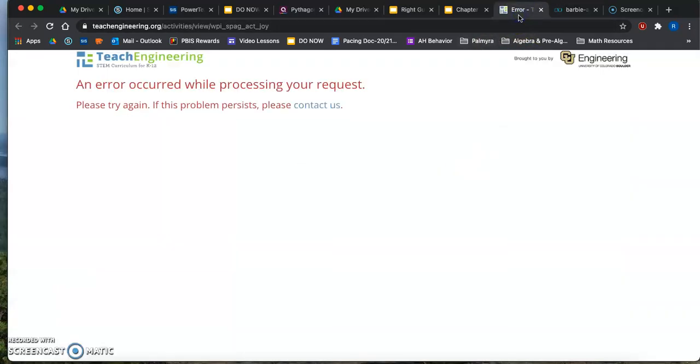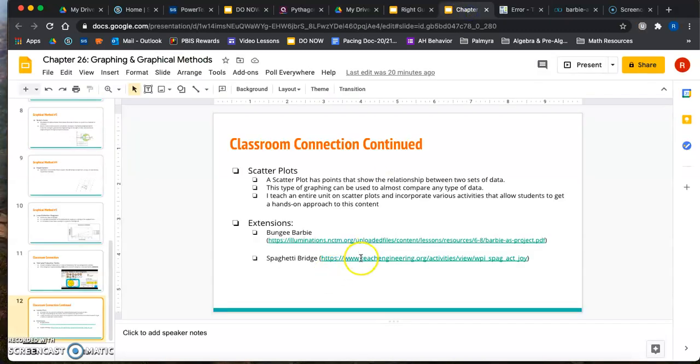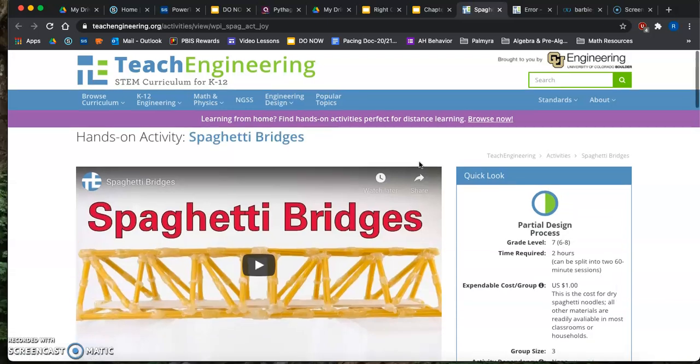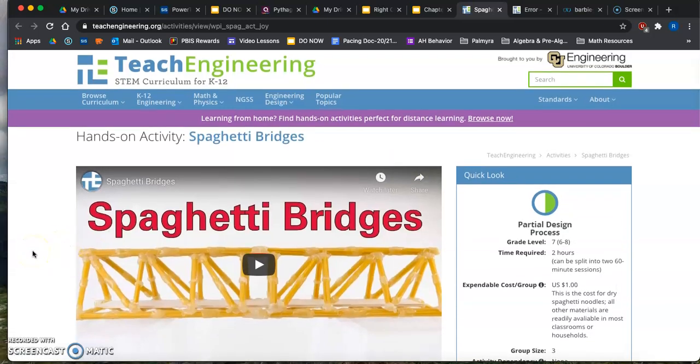And the other one, which seems to have an error at this very second, is Spaghetti Bridge. We'll see if it comes up here. There it is. Again, this is an idea where students get the ability to construct their own bridges. Specifically in our class, when we design this, the students are given pieces of angel hair pasta. They take 2 desks and they face each other, and they have a red cup with a string attached to it where they dangle the cup over the spaghetti